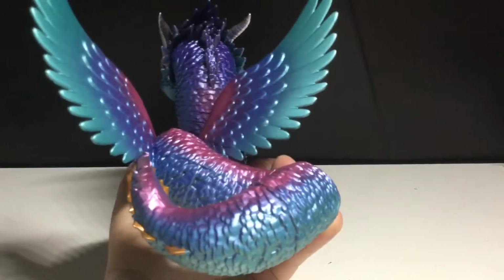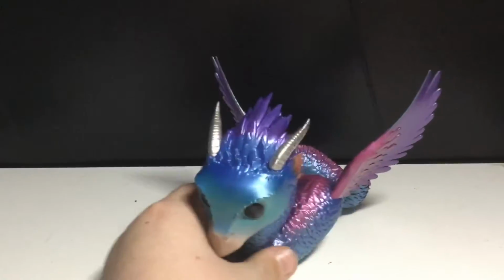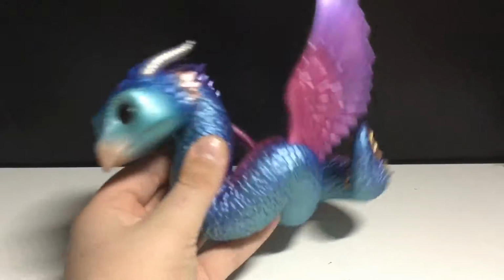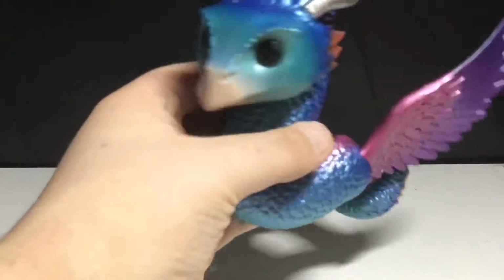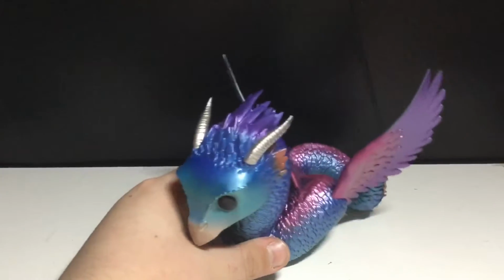And if you watch Collecting Plastic, he's lately been inspiring my videos on the Funko Monster channel, at least this channel, and he did pick this, and I totally agreed with him. So yeah, I just love this pop. I think it looks amazing. Just look at the wings. Holy shit. But yeah, I absolutely love this pop, and if you do get a chance to pick this up,